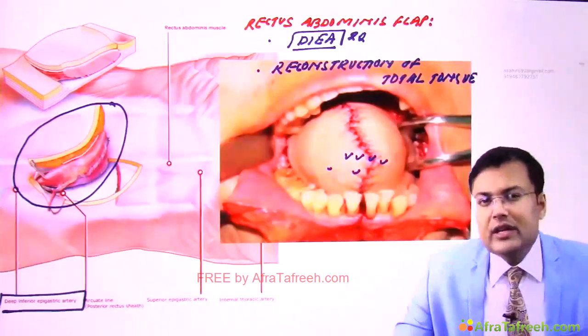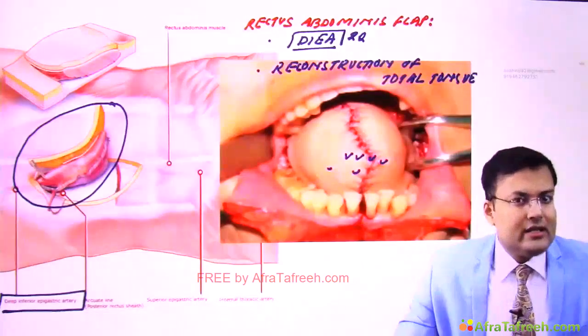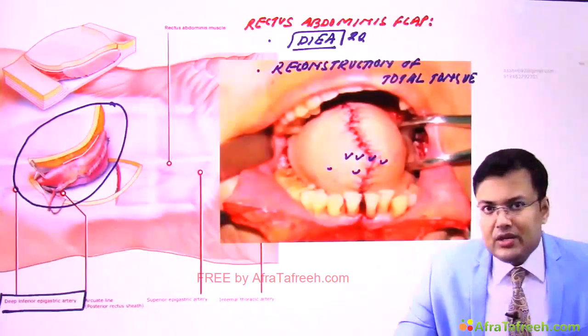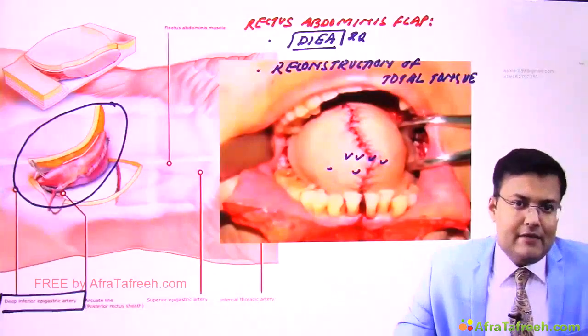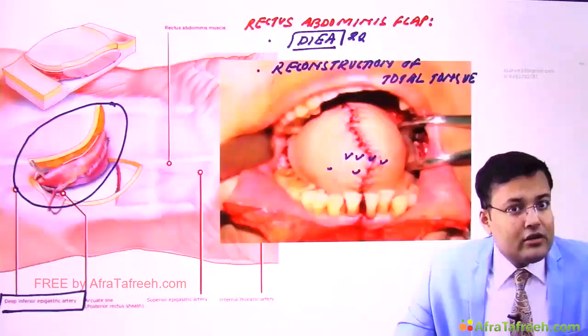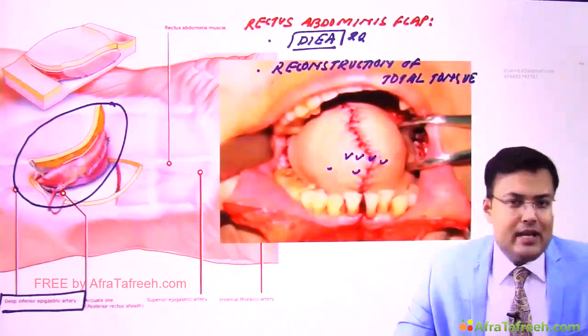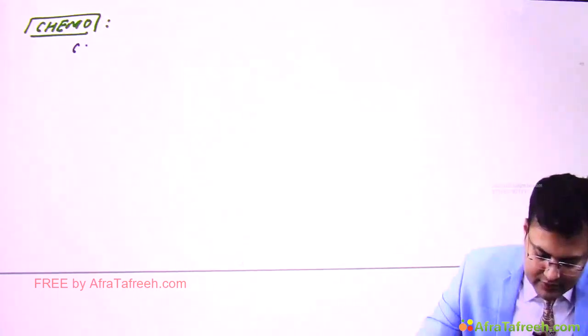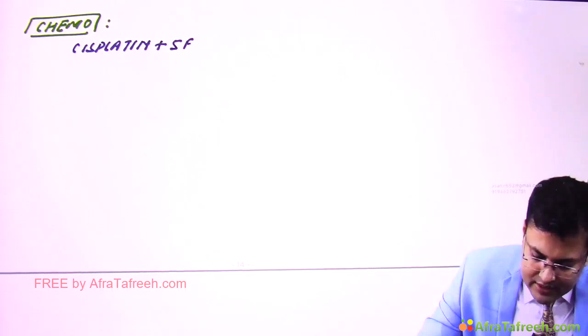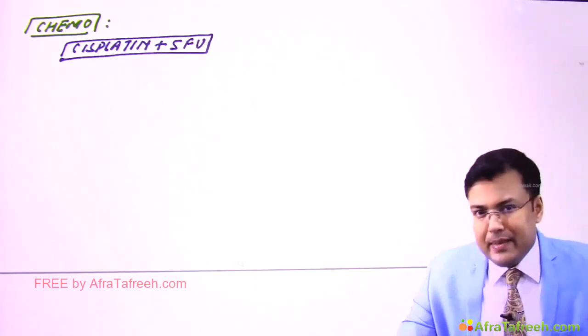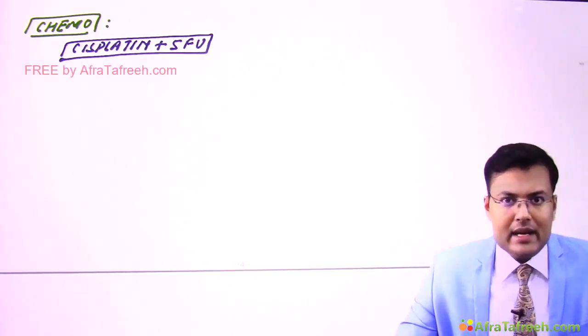Now see, what are the chemotherapy options? So generally in CA oral cavity, we give the combination regimen of cisplatin and 5-fluorouracil, and this is the cornerstone or mainstay chemotherapy regimen. So what's the chemotherapy regimen given in CA oral cavity? So here we give the combination of cisplatin plus 5-fluorouracil. Clear? So this is the most preferred regimen, and this is the mainstay chemotherapy for head and neck malignancies.